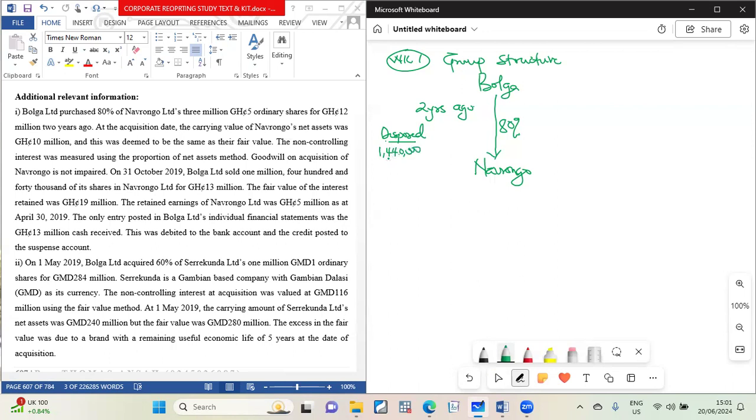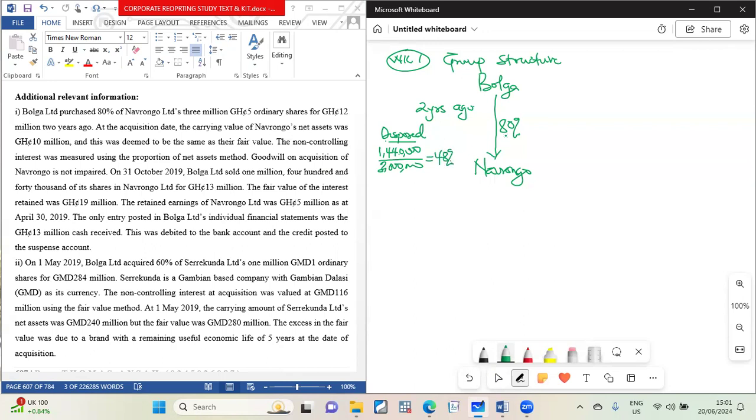But he bought how many shares? He bought 3 million shares, and that is the 80%, right? So what portion was disposed? So let's calculate. So we have 1,440 over 3,000. That is like 48%. All right. So he disposed 48%